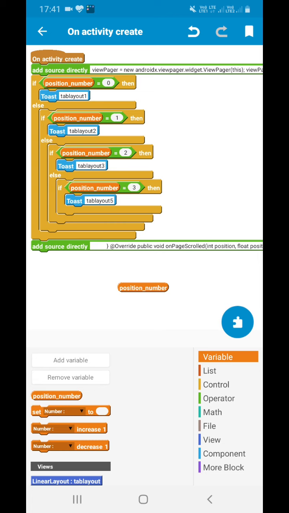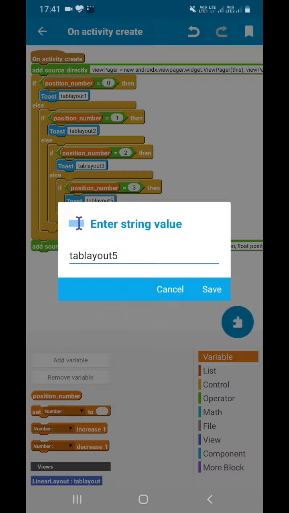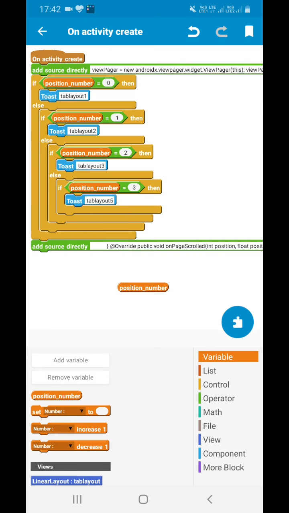When position number is 2, it's tab layout 3. Remember, the position always starts from 0, like in list string, list view or spinner view, the position starts from 0. Here also the position starts from 0. In this way it goes on.